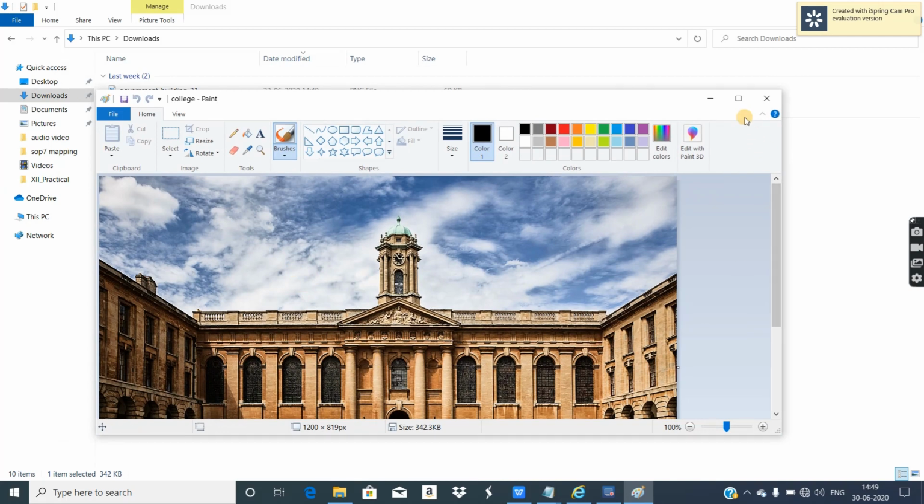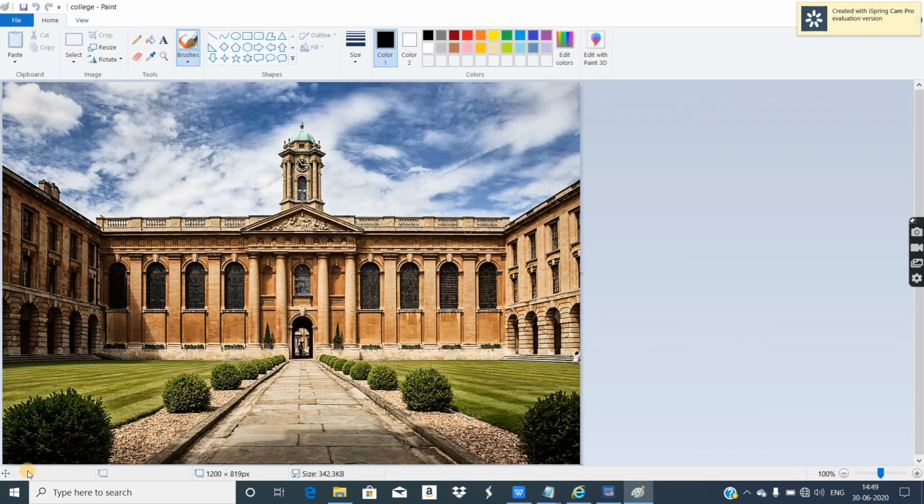See now, this is the status bar. By chance if you don't see the status bar, in status bar when you move your mouse anywhere inside the image, you can see these coordinate values continuously changing. So this you need. In status bar, coordinate values must be shown.